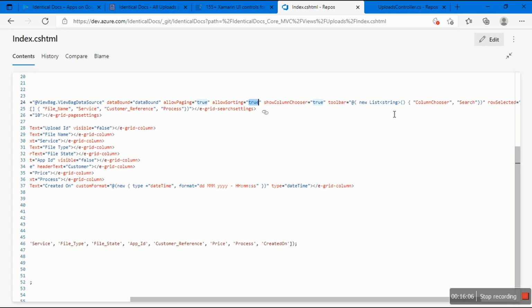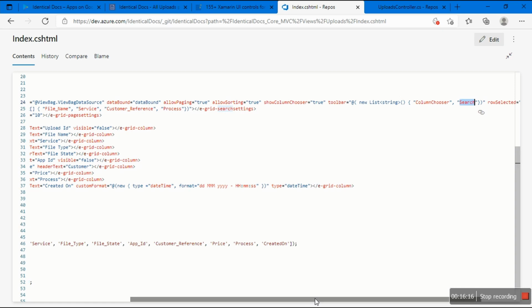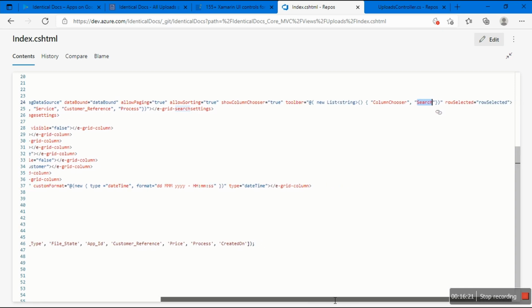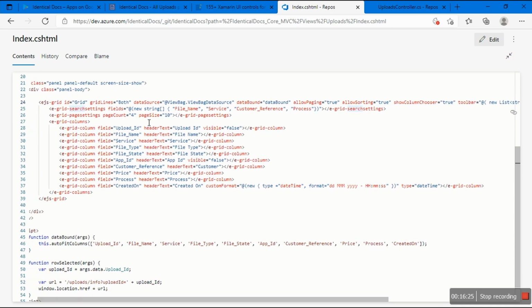And this is a new list where you like a column chooser and a search. So toolbar, it's column chooser and then a search, but you can add multiple. And then row selector, it's custom code for what happens when you click the row, because I need it. And then yeah, you can figure out the code, basically what I'm doing, but just know that these are actual properties